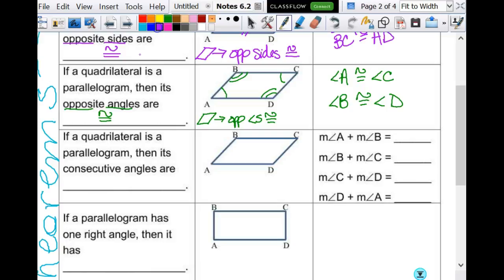All right, so the next one. If a quadrilateral is a parallelogram, then its consecutive angles, so remember, consecutive is one right after another. A and C are opposite, but A and B are consecutive, and how are they related? They are supplementary. Good. And they're supplementary because they're same side interior angles, but they are supplementary. So I can say then,